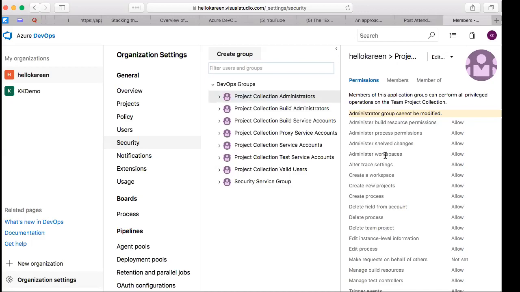Administer workspaces. What are workspaces? Workspaces are basically a sandbox that you can create for yourself. Let's say you're a developer and you start developing something. And again, if you're not a developer, this is probably not going to matter to you. If you're not writing code, that's something you're never going to have to touch. So you don't even need to know those things if you're simply an administrator, but you need to know that they exist. What workspaces allow people to do is, I start coding my stuff, but then I get to a point where